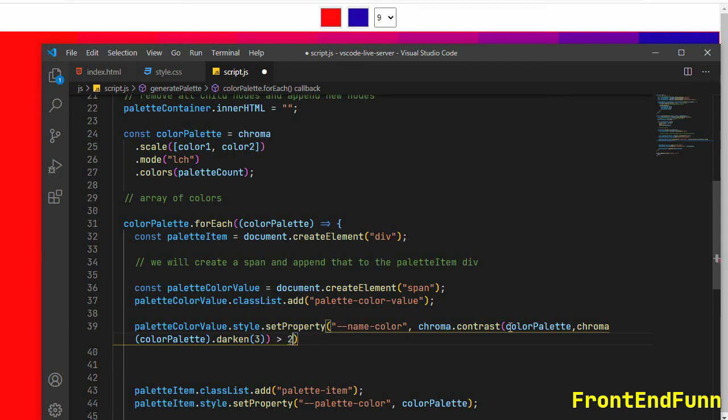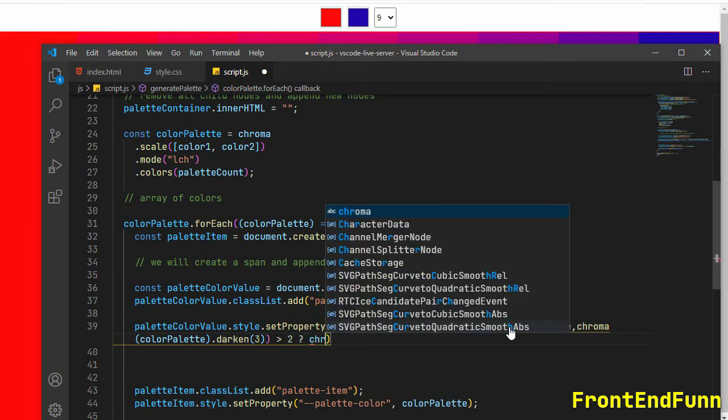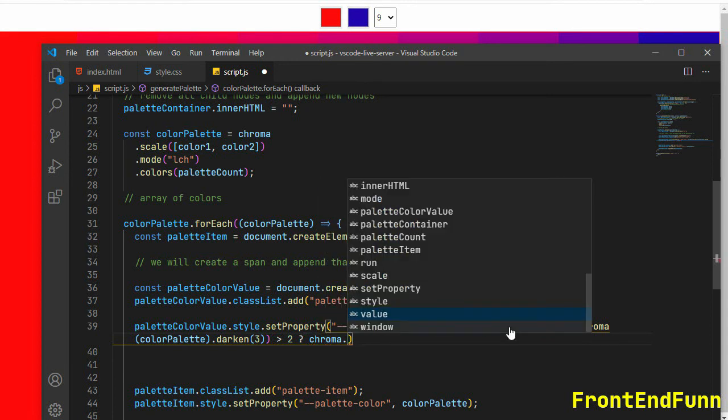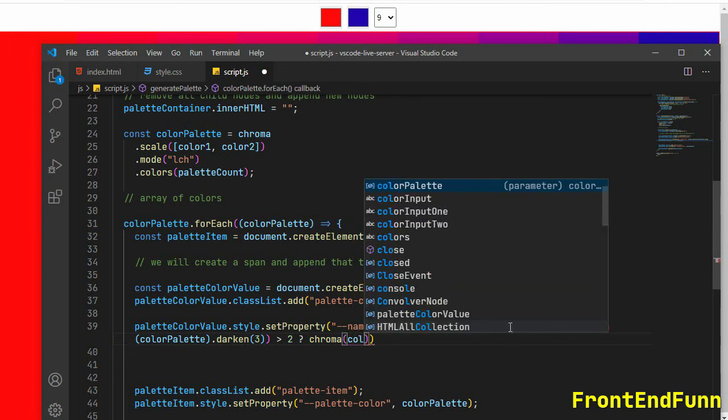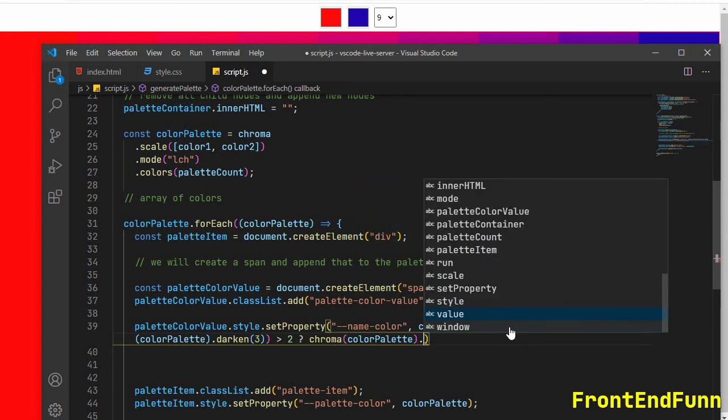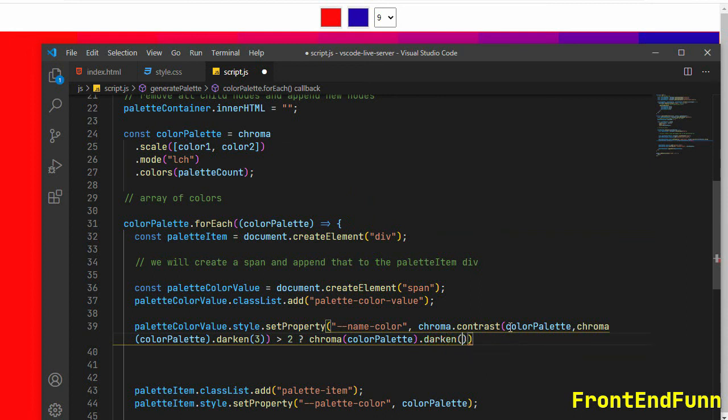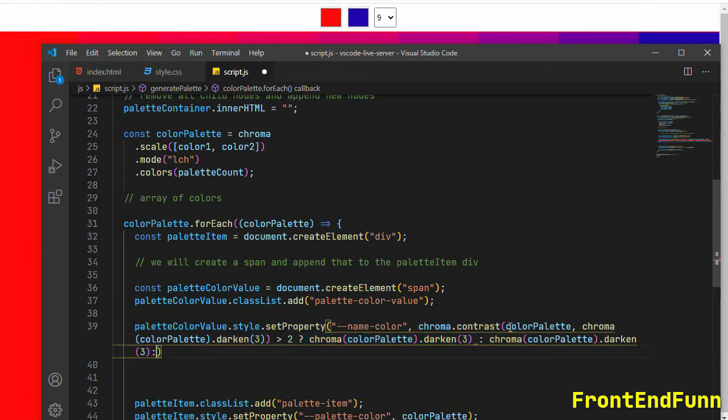If it is greater than 2, then we want chroma to generate that darker value. So darken of 3, else generate the lighten version.